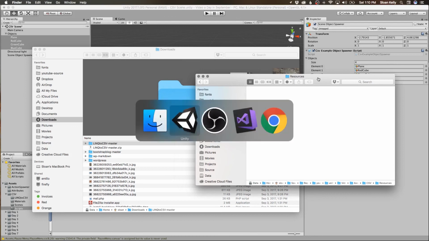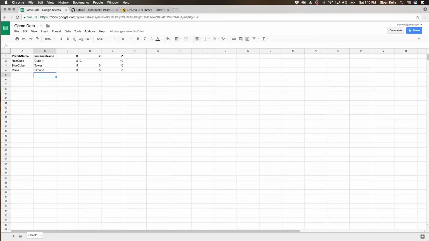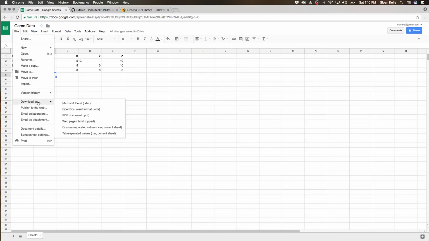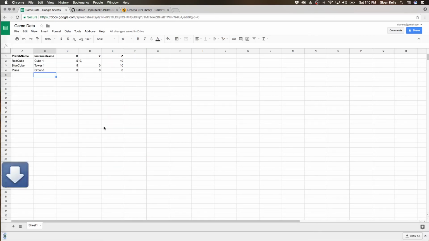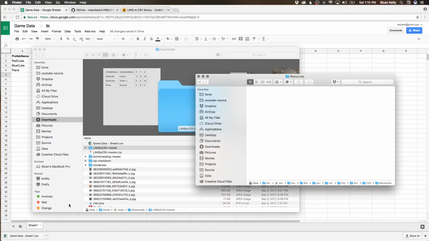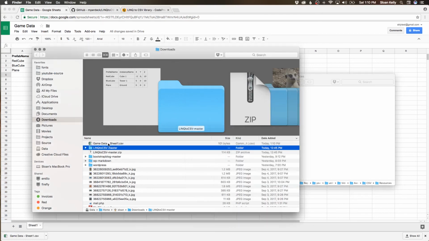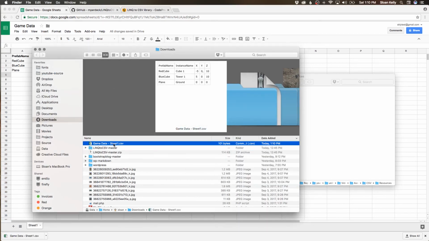It's inside there, inside the CSV folder, and then I'm going to do file, download as, comma separated value CSV current sheet, and that's going to download that to here. I'm going to change this instead of CSV. I've got it. I can't have it as CSV